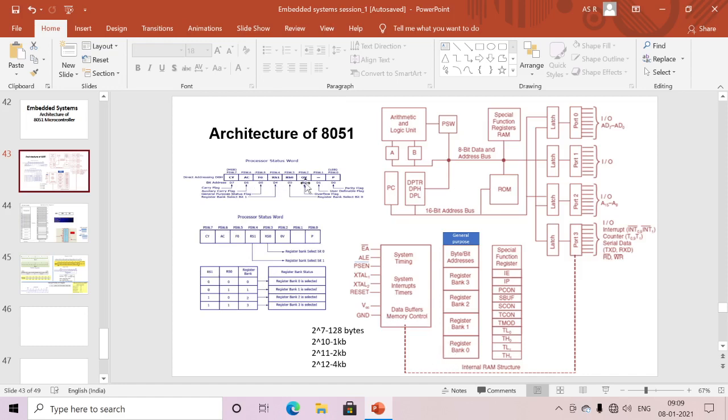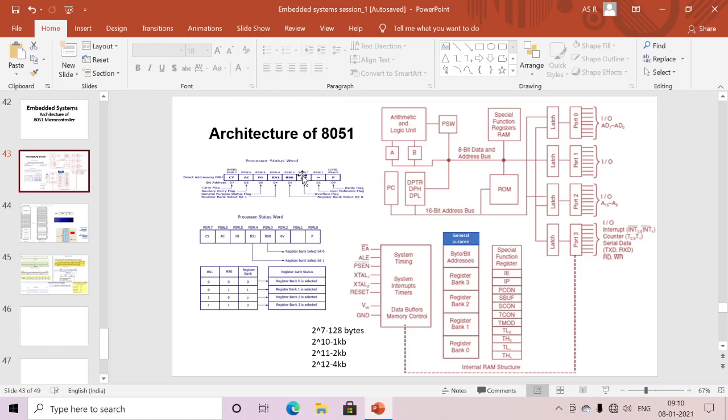Okay, next, we'll discuss the flags one by one. Parity flag: for example, if my accumulator contains an odd number of ones after the addition operation, we are going to add one more one here. We are always making it even parity. For example, with an odd number of ones we make the parity bit 1. If we have an even number of ones in our accumulator in the final result, then we make it 0. This is the way parity works.